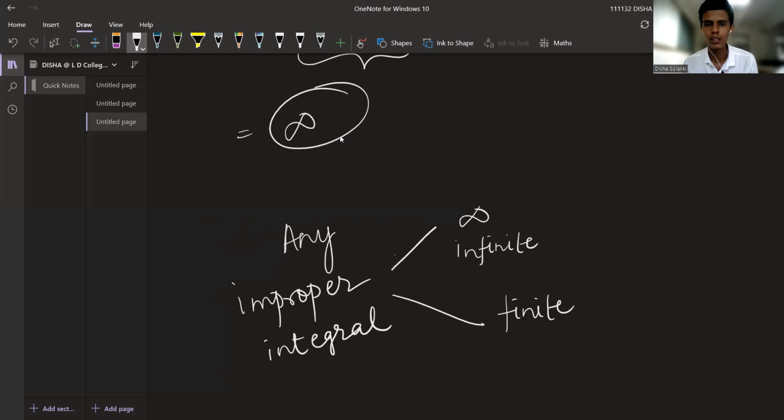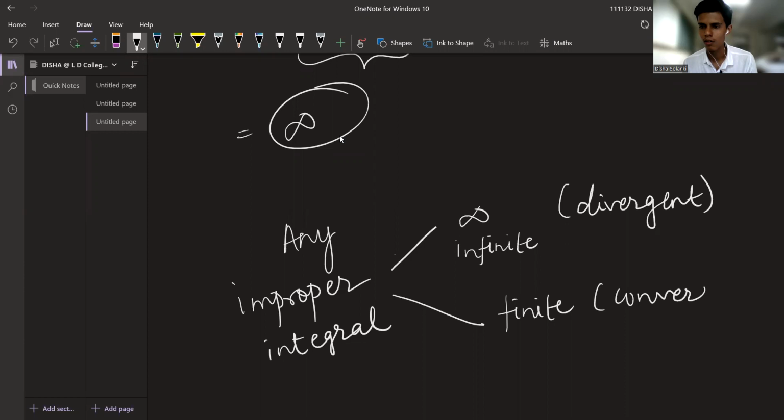So if the answer of our improper integral is infinite, then we say that this improper integral is divergent. And if our answer is finite, then we say that the given improper integral is convergent. So you can see this, the question, our integral question was,